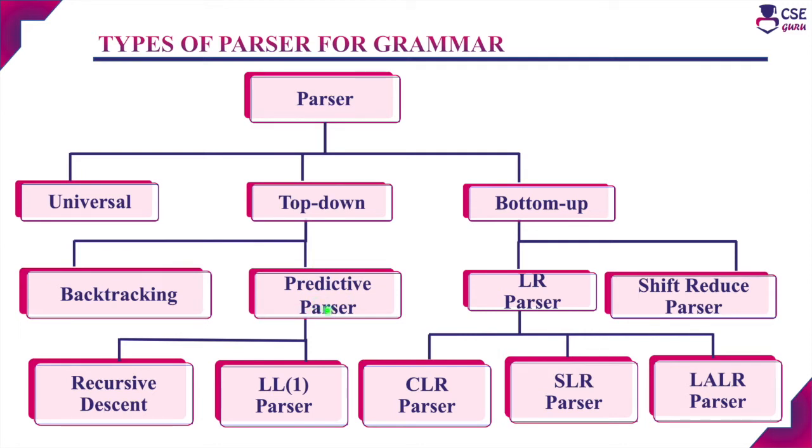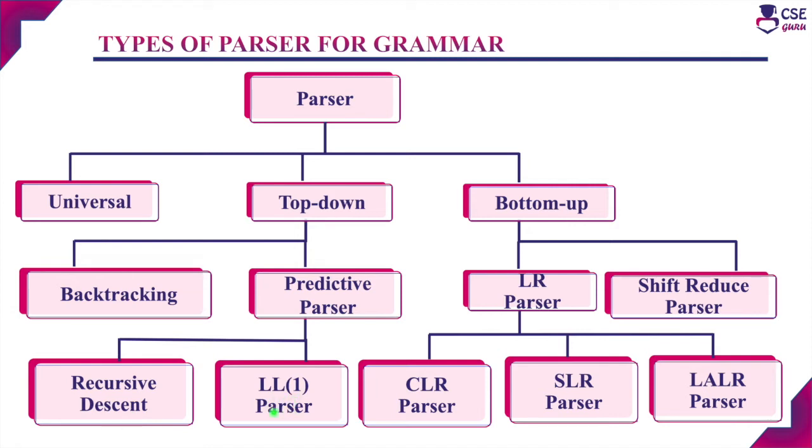There are two types of predictive parser: one is the recursive descent parser and the other is the LL(1) parser. The recursive descent parsing technique involves writing recursive procedures for each non-terminal. This technique starts with the start symbol of the grammar and applies the production rule for the start symbol. Then verify the derived string with the input string from left to right. If the derived symbol is a terminal, then choose the next non-terminal and apply the production rule. If the derived symbol is a non-terminal, then apply the production rule for this non-terminal. The procedure continues until we derive the complete terminals or the input string.